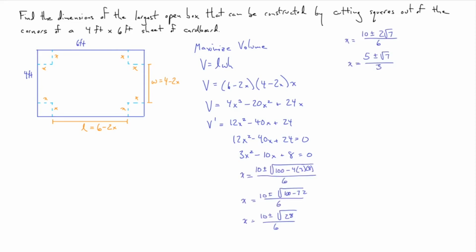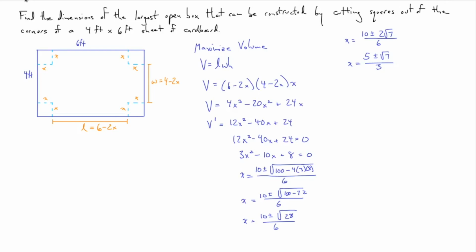And so you apply the quadratic formula, you get it down eventually to this step right here. There's some simplifying you can do from there because the square root of 28 is the square root of 4 times 7, and the square root of 4 is 2. So that's where we got this 2 square roots of 7 right there. And then we can factor a 2 out in the numerator and cancel with the 2 in the denominator to get this as the final answer. Two solutions, x is either 5 plus the square root of 7 over 3 or 5 minus the square root of 7 over 3. And this is the first time we've had two critical points in one of these problems,